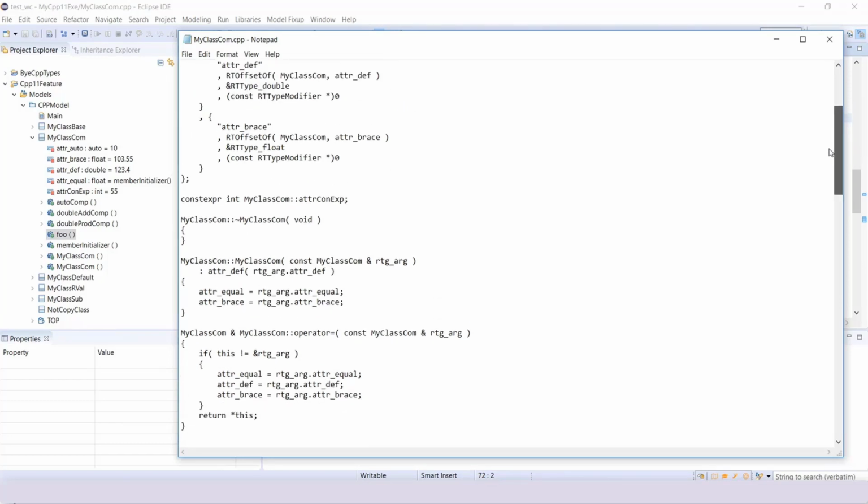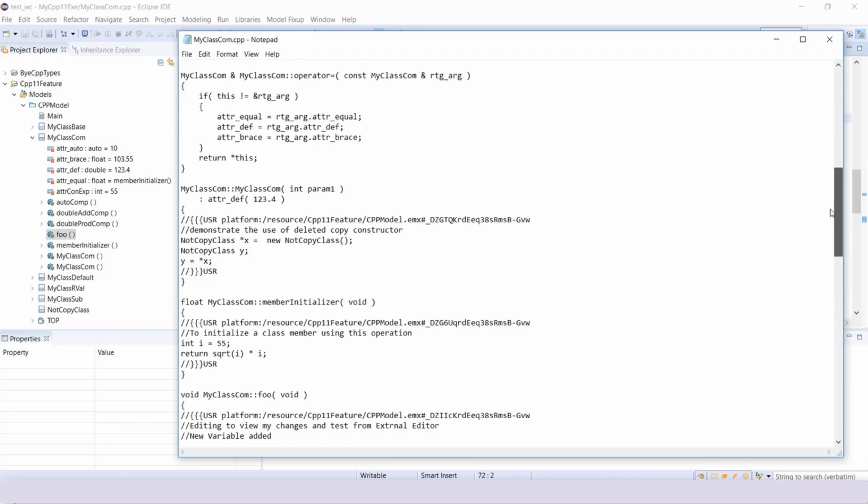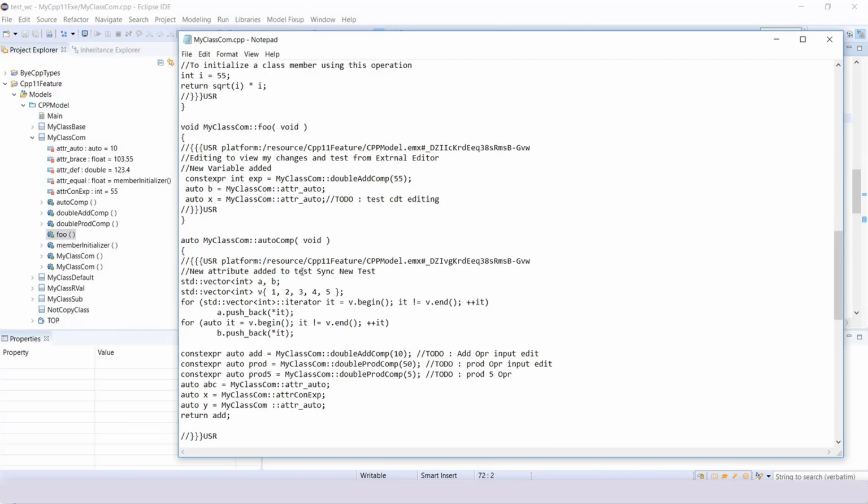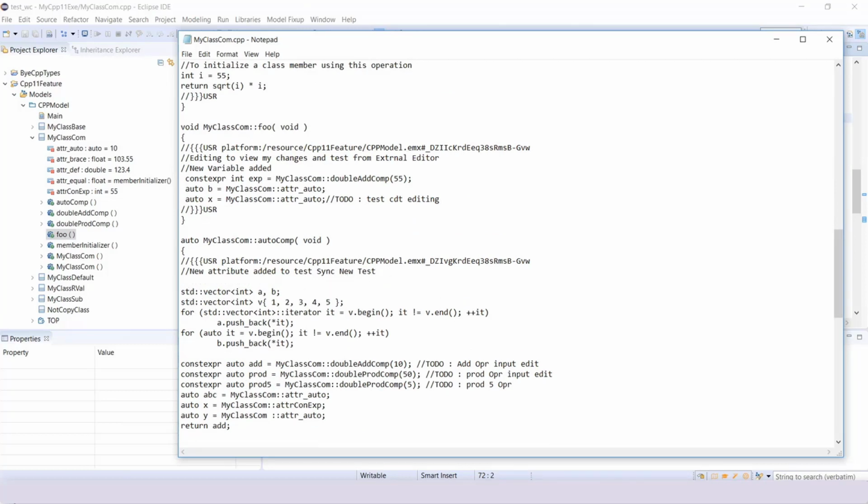I want to make changes in AutoComp. In AutoComp, I simply add a comment, "changes to see from external text editor," which in my case is Notepad.